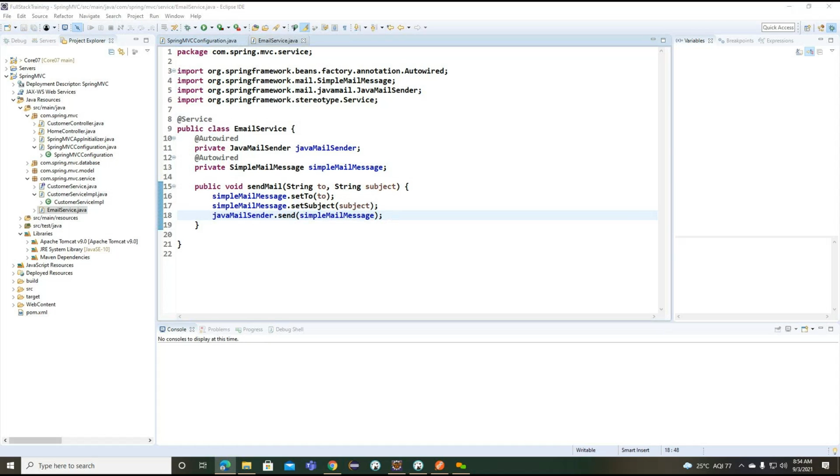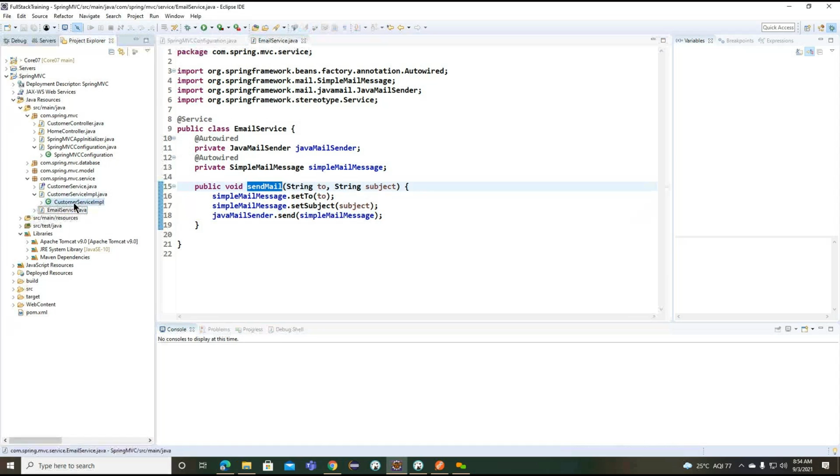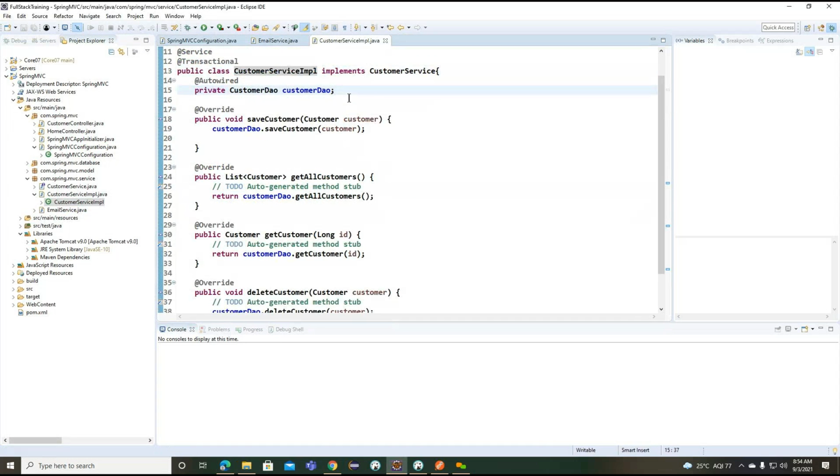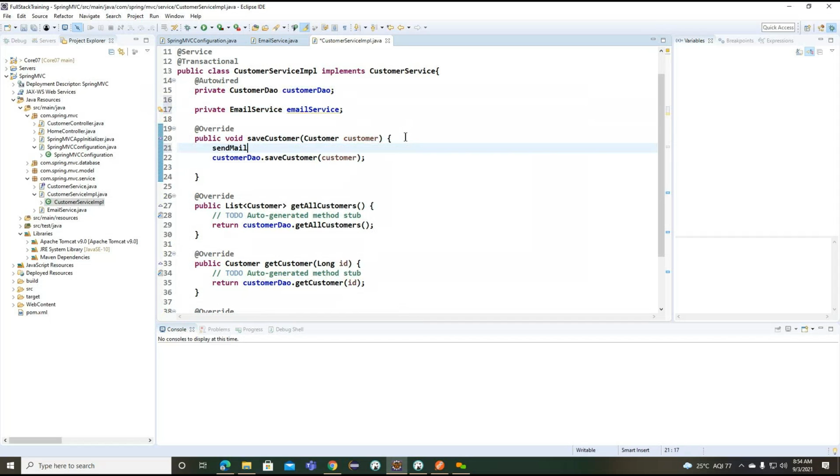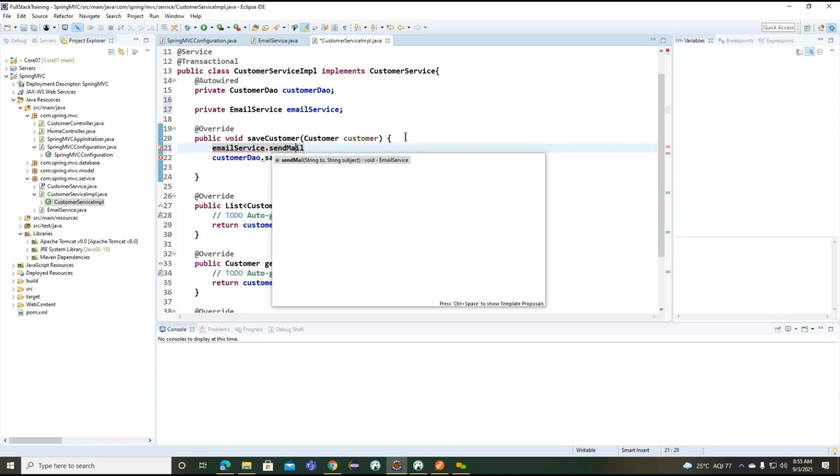So these are the information we need to provide. Okay. Now this send mail will be called from the customer service IMPL. Private here, what we can call as an email service. Email service. So while saving this particular customer here, email service dot